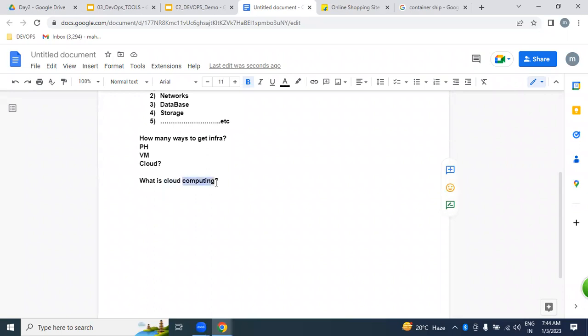RAM, CPU, motherboard, which you have in laptops, networks, storage, databases. These are all what we call computing power.